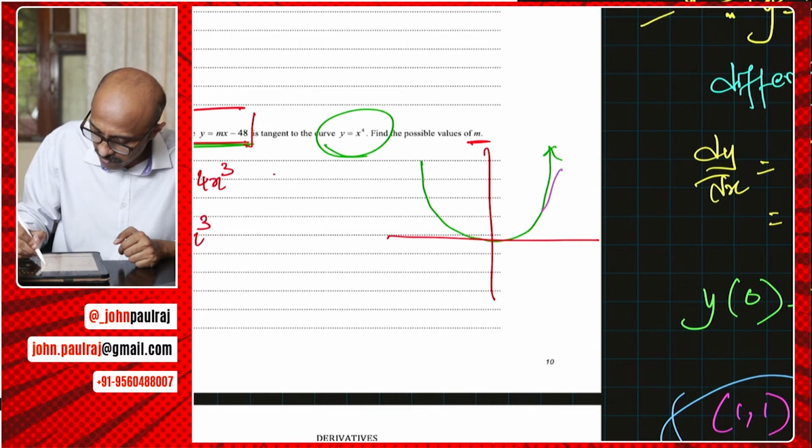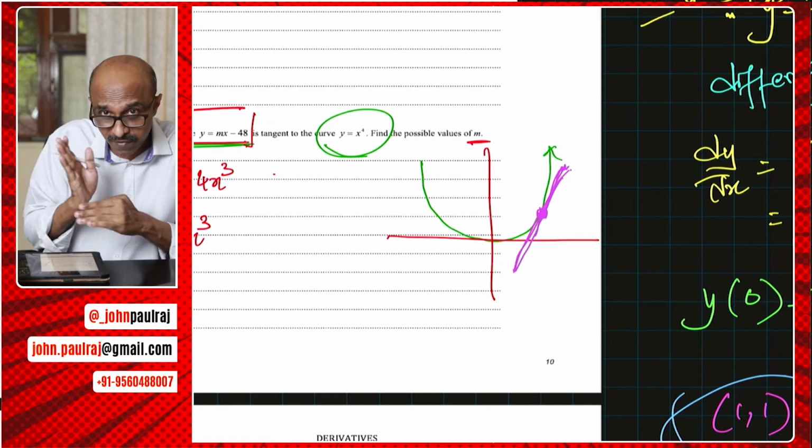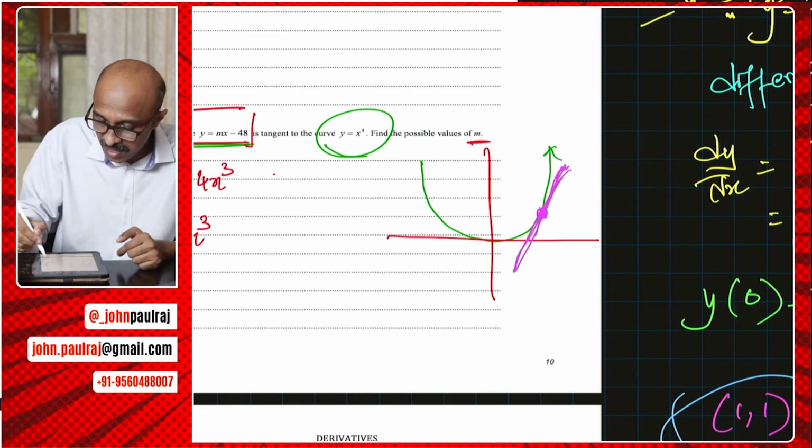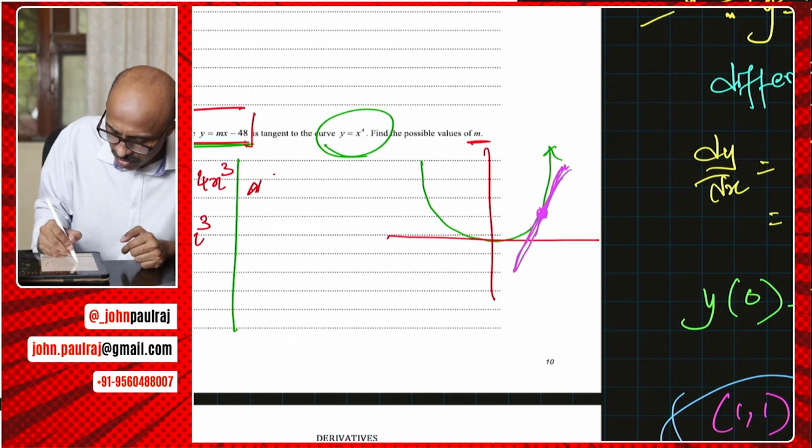All right, so the tangent, let's say we were just drawing the tangent. There's a common point, right? The tangent and the curve share a common point. They become equal. So the y value of the tangent should be equal to the y value of the curve at that particular point of tangency, right? So we'll make use of that idea and say, just going to draw a line here, that at the point of tangency,